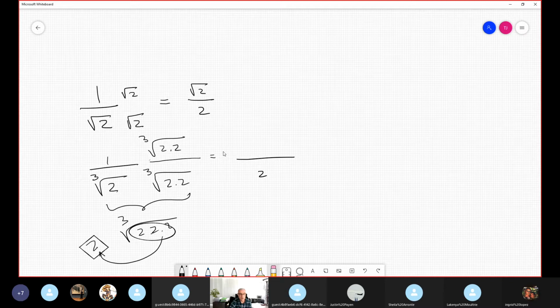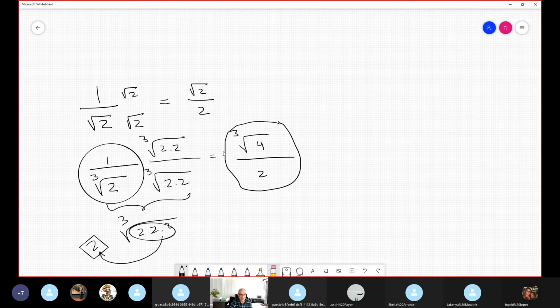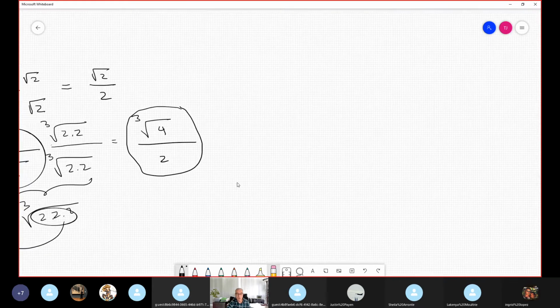And the top, we have cubic root of 4. And this expression is equivalent to this. But this expression does not contain radical in the denominator. Super. Now binomial. In the binomial, suppose that you have 10